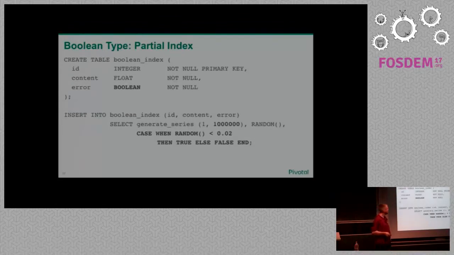So, one of the more interesting use cases here, I can have a partial index on a Boolean column. Well, I can have a partial index on any column, but here it makes sense. So let's say I have a log table, hundreds of millions of entries, and occasionally there's an error. I have a Boolean flag here. So most likely I'm not interested in the 99% where there's no error, but I really want to find all my errors very quickly. So I define myself an index on,